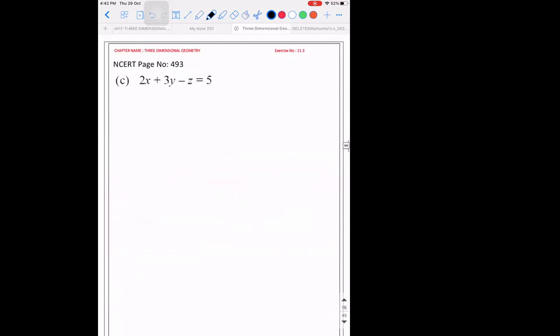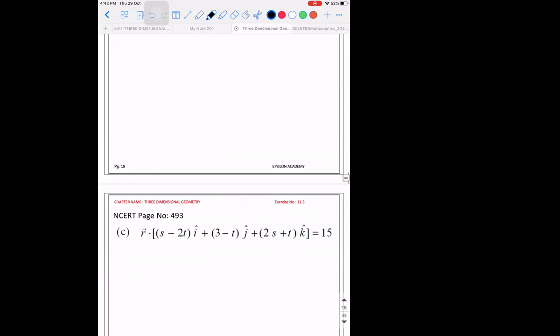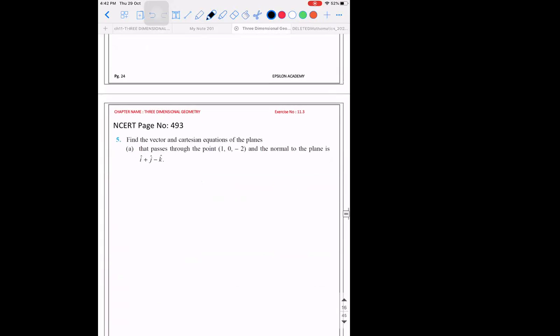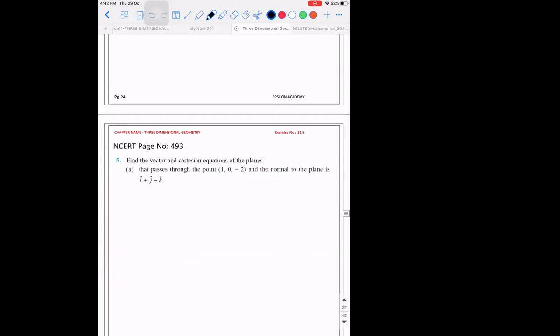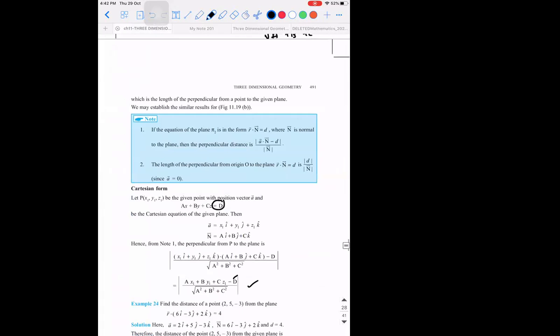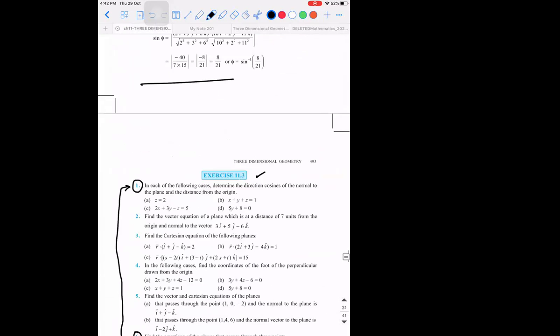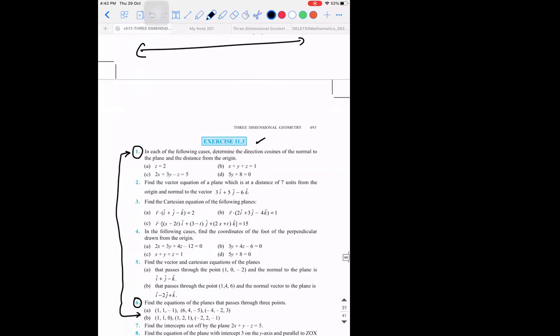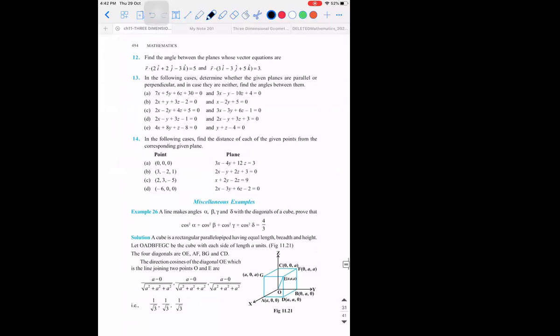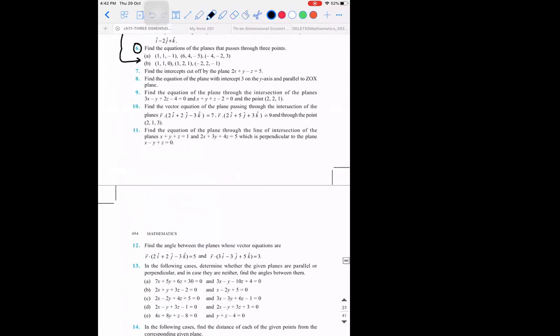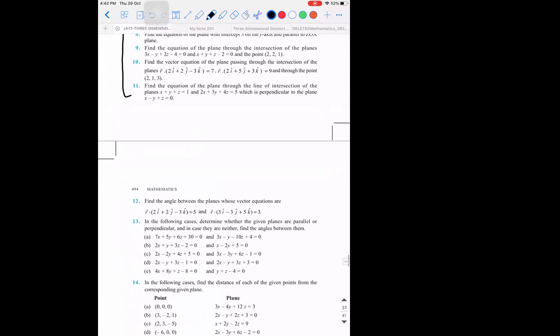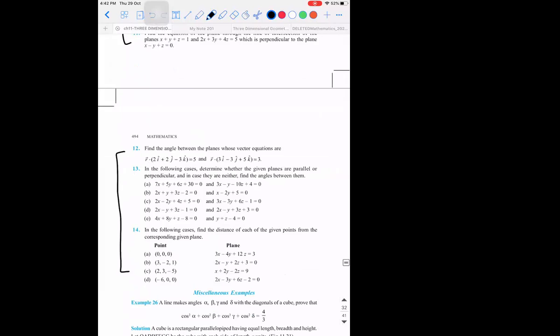And I asked you to do problems, you have done it. Right. So the other problems, you can try it. Guys, am I clear? So with this, we are done with three-dimensional geometry. That's it. That's the end. So this exercise also, I would suggest you all to try. You guys do it on your own. If there are any doubts, you can ask me. Next class, we will start probability. And maximum we'll finish it in 2 to 3 classes.